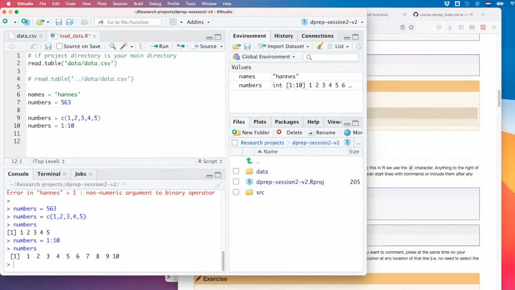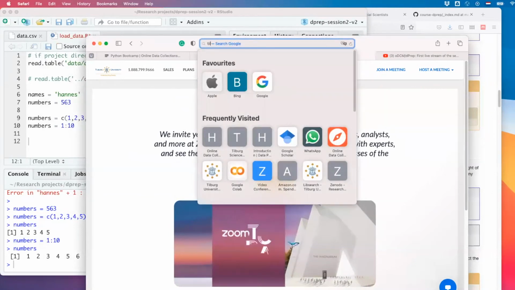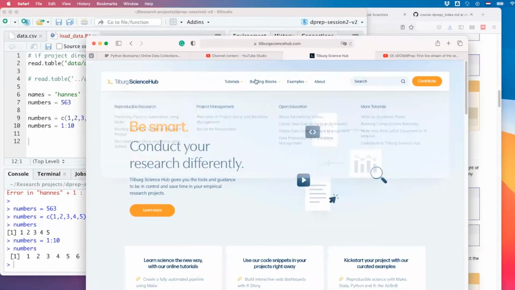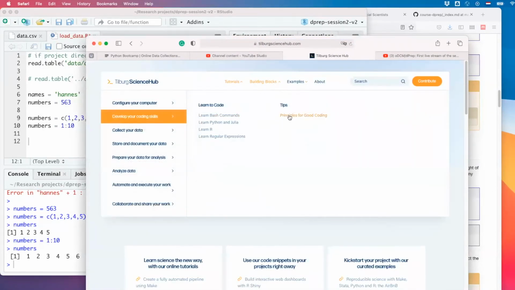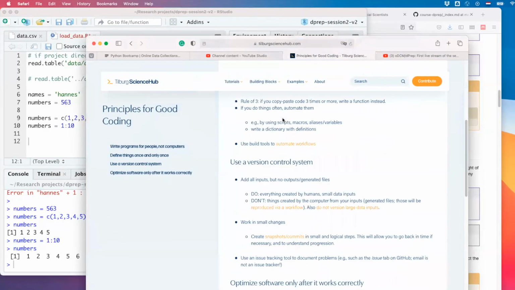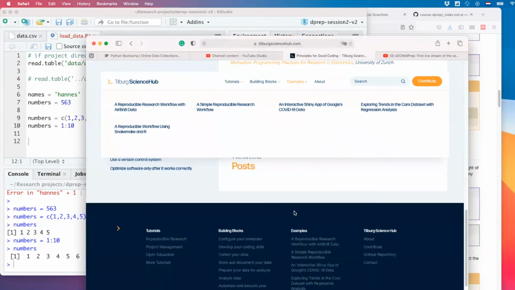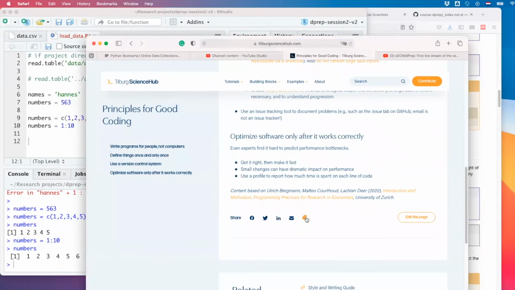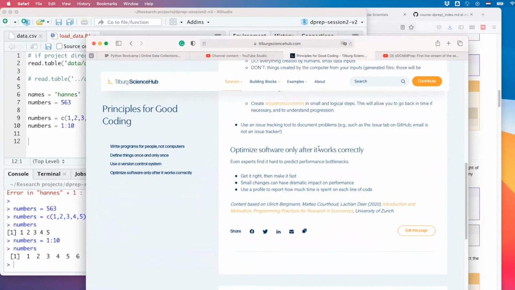So actually, I think on Tilburg Science Hub, I hope at least, there are principles of good coding. Yeah, I'll just copy this to the chat. I hope that we get some comments here on how to write good comments.